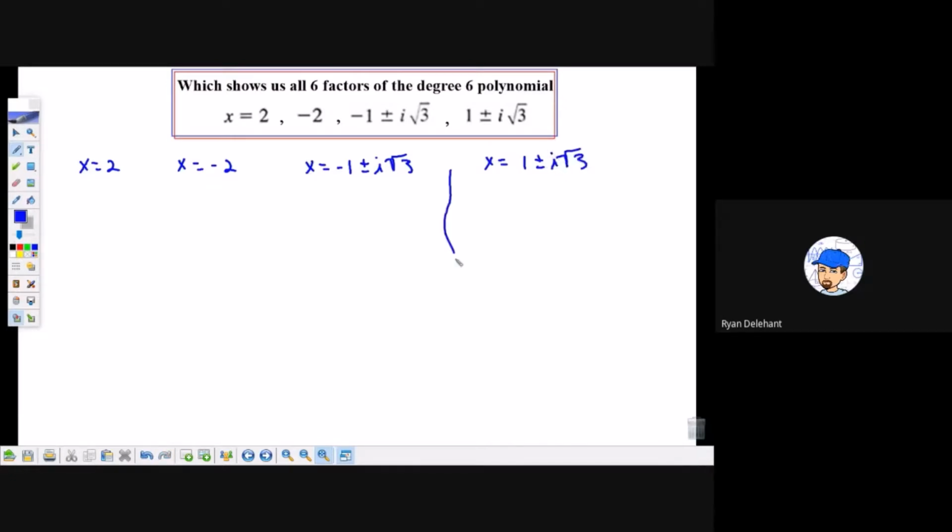And each one of these needs to be solved for 0 to figure out what was in the parentheses when we started in the factored form. So this is x minus 2 equals 0. So the first parenthesis should be x minus 2. This one is x plus 2 equals 0. So our second,